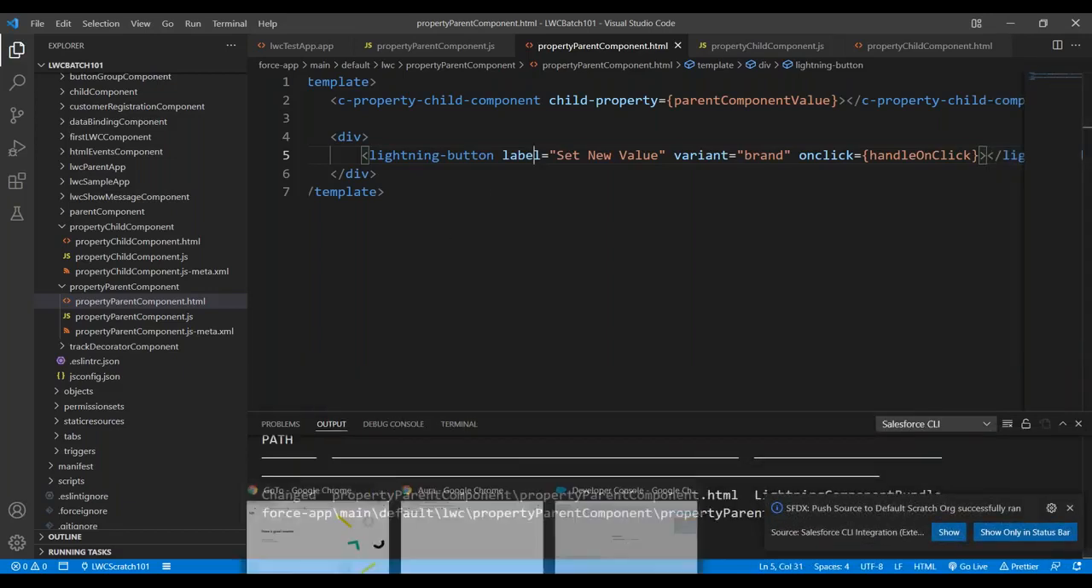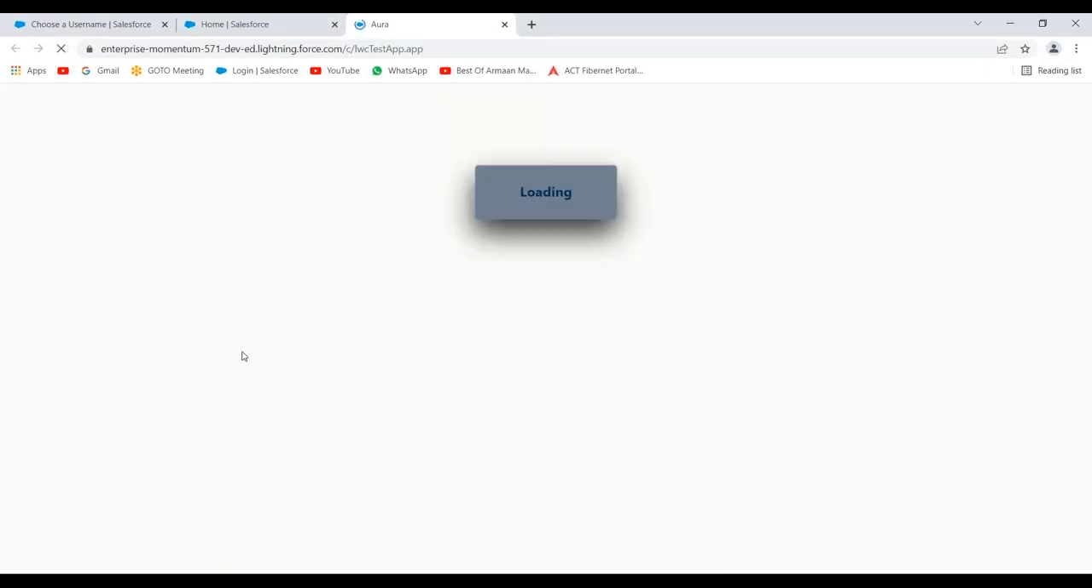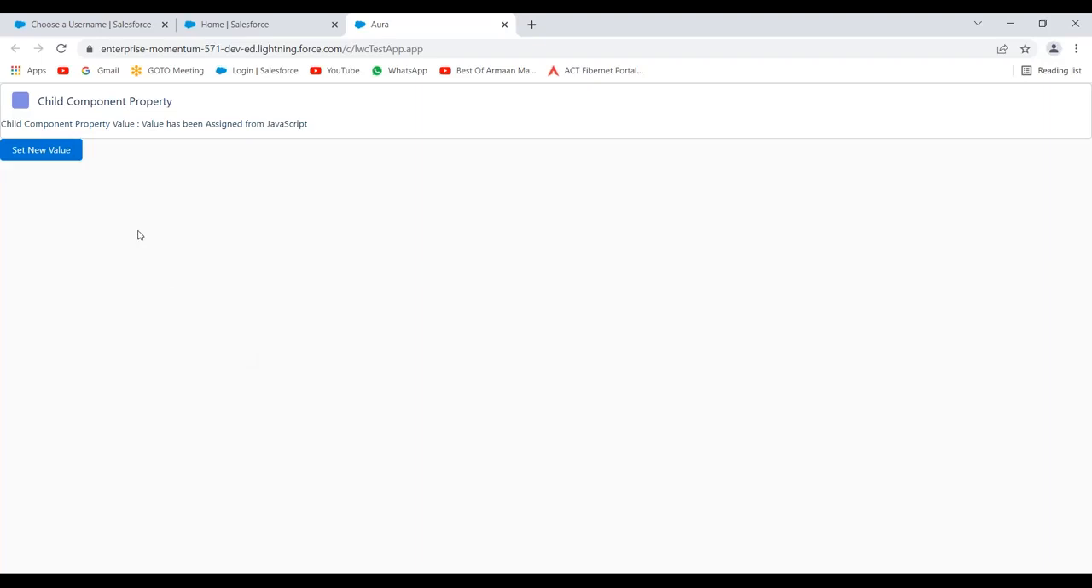Now, done. So let's refresh your application. So now here the value has been assigned from JavaScript from the parent. Now when I click on this set new value, it will assign that value for this child component. When I click on set new value, it is indicating value has been assigned from button click. That means what, as